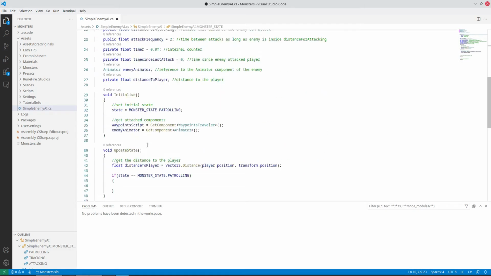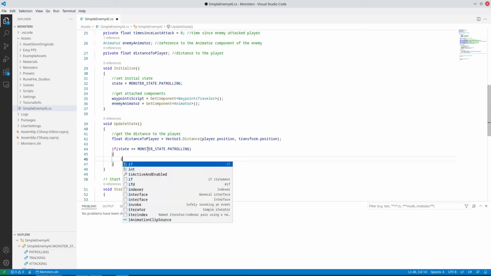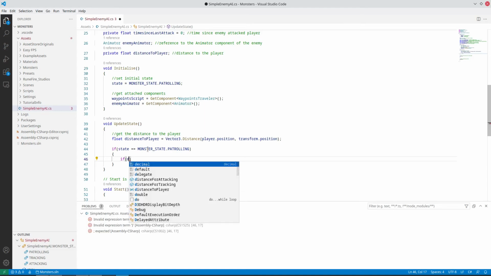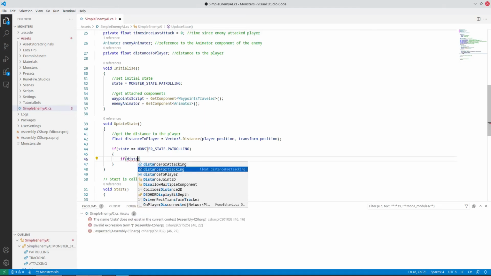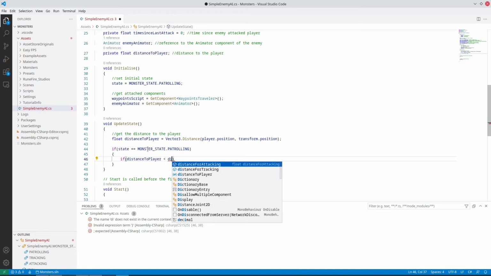Yeah, that to me sounds more in line with what it should read like. So if we're in the patrolling state, so we're just at this point in time following our waypoints. Now, if distance to player is less than distance for tracking,